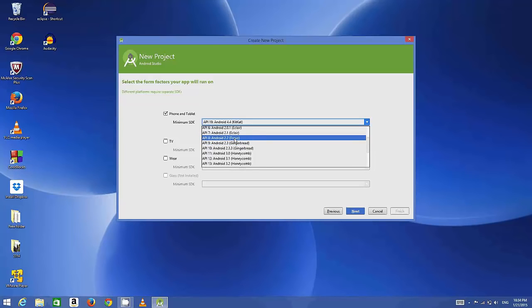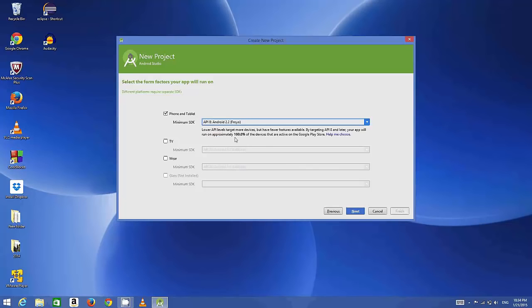So for example, if we choose this Android 2.2, it means that it will cover 100% of devices, which will run on your newer devices and on older devices. So choose the one which covers the most percentage of devices, for example this Android Froyo, right? Click next,